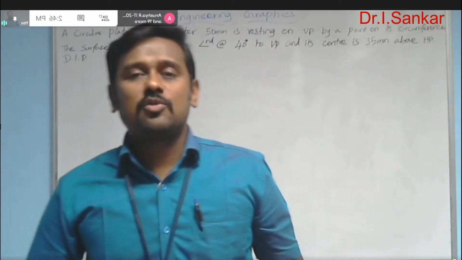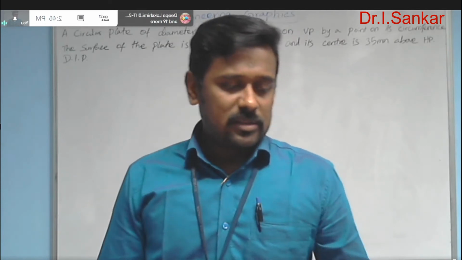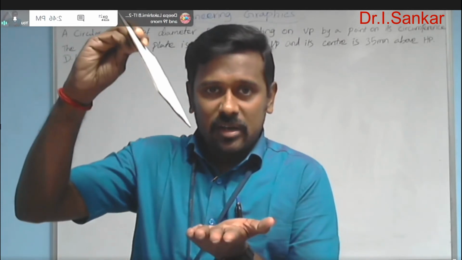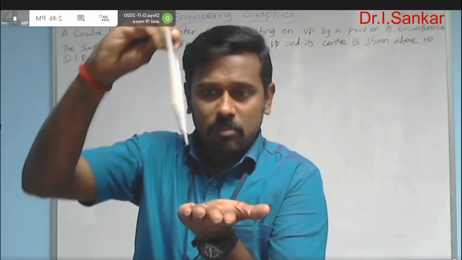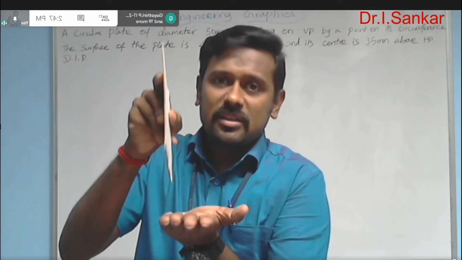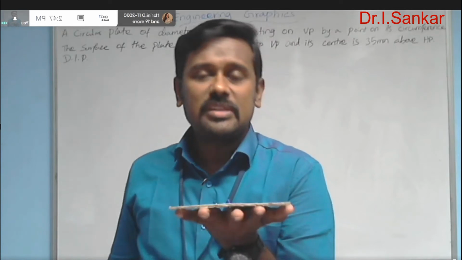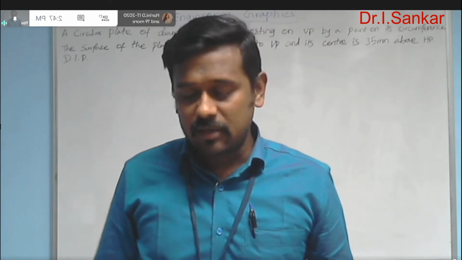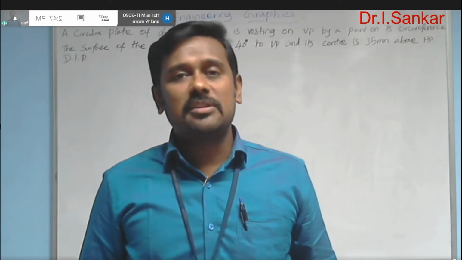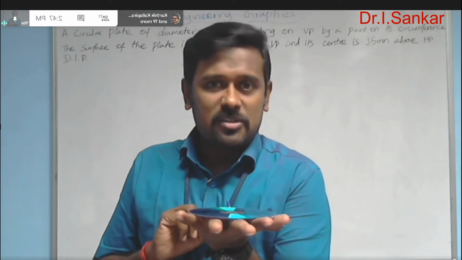In the previous sections we discussed that plate surfaces can rest on a flat surface like HP and VP in three different possible ways. If it is a polygonal plane, it can rest by one of its edges, or with one of its corners, otherwise by its surface. These three possibilities are there for polygonal planes, but a circle is a different kind of plane, it's not a polygon. It can rest on a flat plane with the help of its surface, one choice.